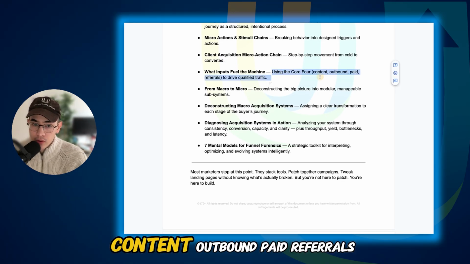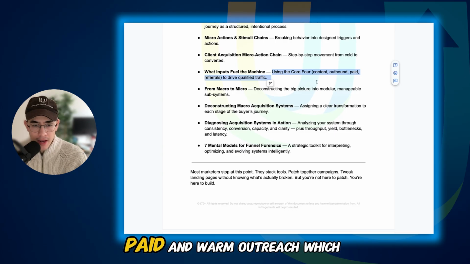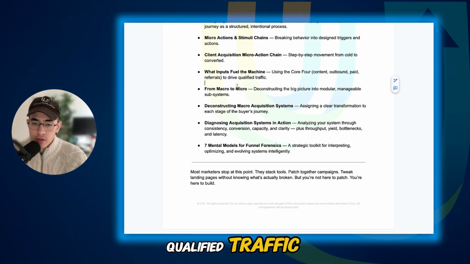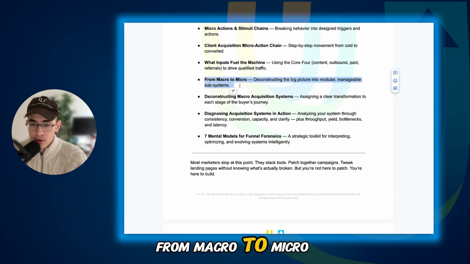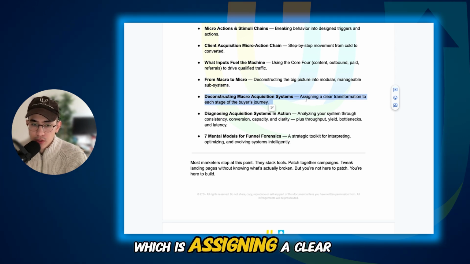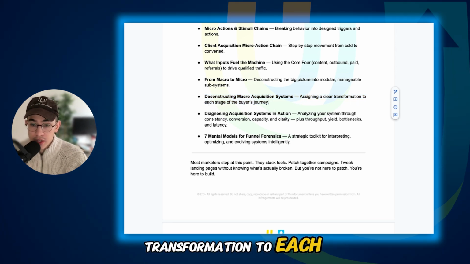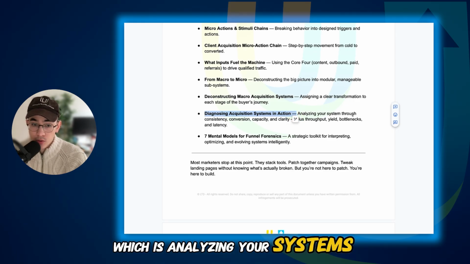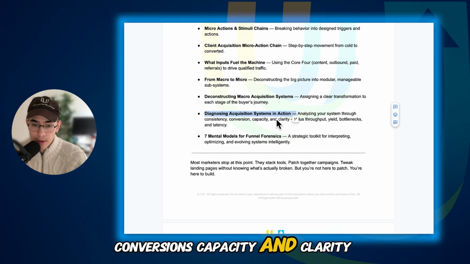So using the Core 4, the content, outbound, paid, and warm outreach, which is essentially referrals, to build and drive qualified traffic, and then breaking it down from macro to micro, which is deconstructing the big picture into modular manageable subsystems, and then deconstructing the macro acquisition systems, which is assigning a clear transformation to each stage of the buyer's journey. Diagnosing acquisition systems in action, which is analyzing your systems through consistency, conversions, capacity, and clarity,